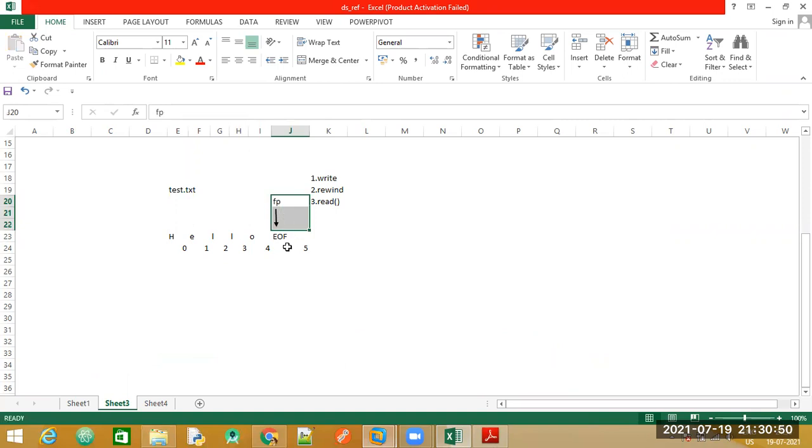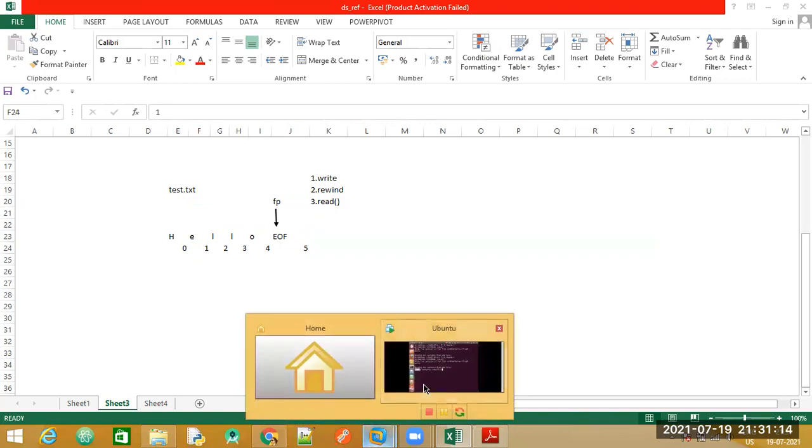So currently where is the file pointer? The file pointer is at location 5, or at index 5, that is the end of the file. Suppose we had assumed that we have just written up till the letter E. Then the file pointer will be at the first index value. Let's try to have a look at this with the help of the program.